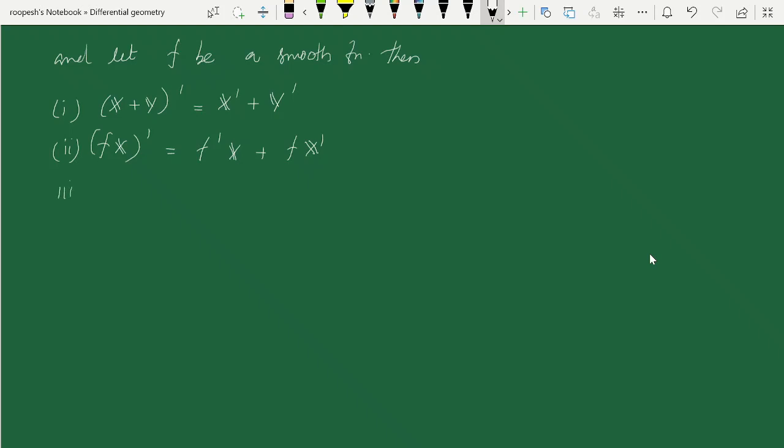And the third one, (X dot Y) dash, is nothing but X dash dot Y plus X dot Y dash. So I will prove the first two. The third I am leaving for you to work out. So first one,